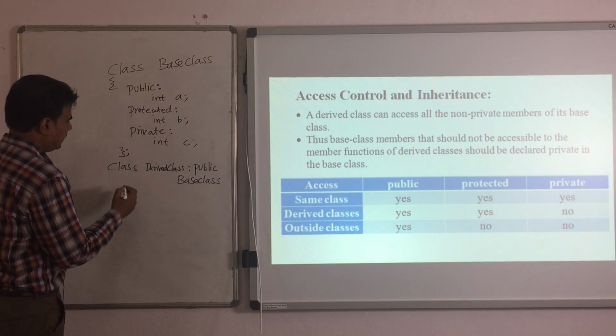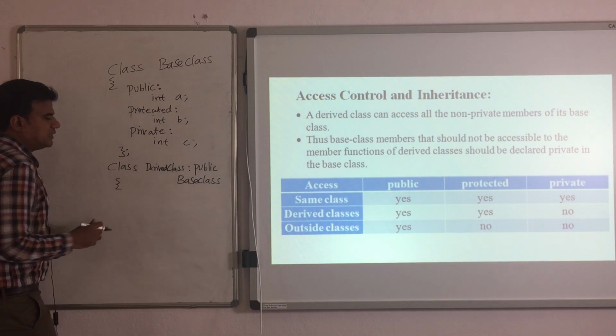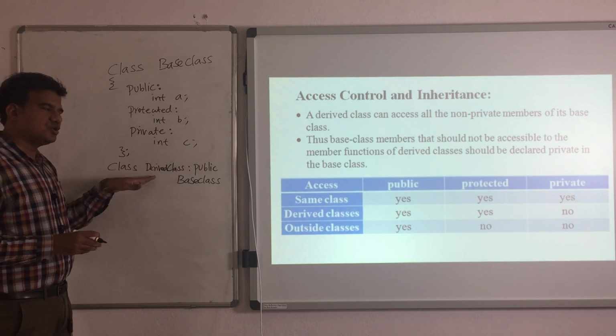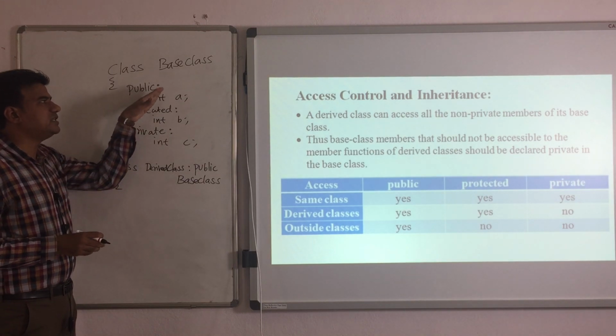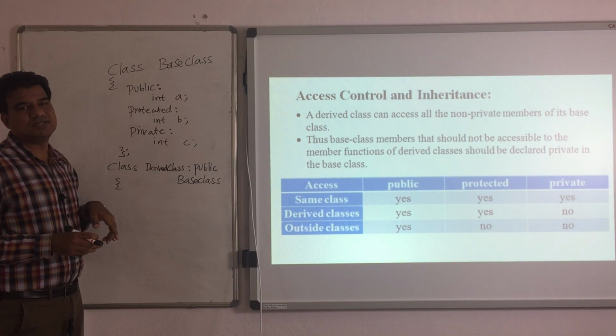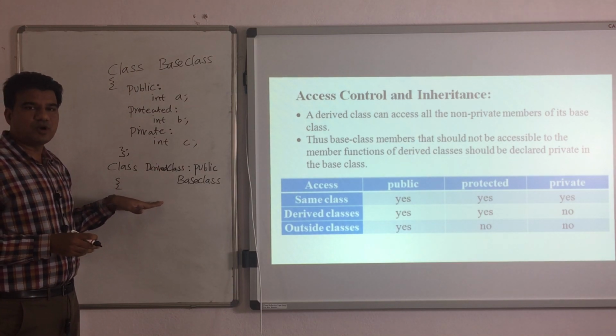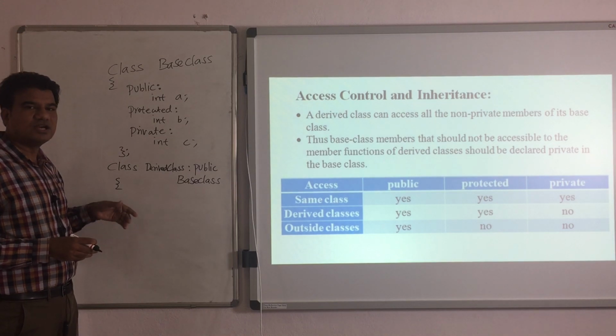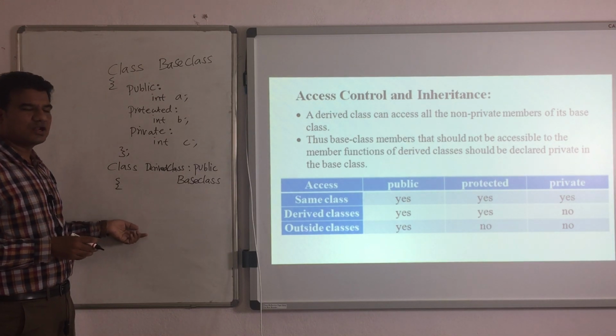Clear? Now this derived class not only inherits the properties from the base class, it can also have its own properties that we are going to declare over here.